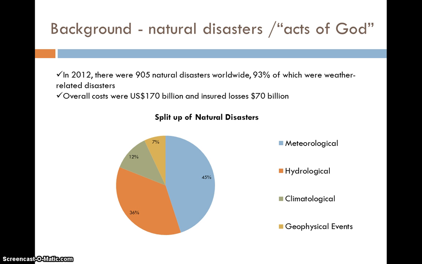The next is hydrological, which is 36%, the floods and other related things. And the climatological, or heat waves, cold waves, droughts and wildfires, and geophysical events, or volcano eruptions and earthquakes. In all these four related disasters, there is always a huge loss in people's lives, mainly because people get stuck at a particular location and are not able to reach an emergency rescue team or the disaster rescue team. So we have developed an application to help the people who are stuck in a disaster.